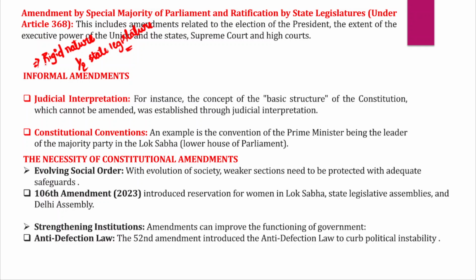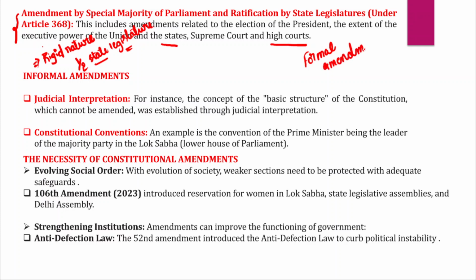So what are the provisions which require the special majority in the Parliament along with the consent of half of the state legislatures? That is the election of the president, the extent of the executive power of the union government and state government, and provisions with respect to the Supreme Court and High Court. So constitutional amendment on these different provisions or features requires the special majority along with consent of, or ratification by, half of the state legislatures. However, this is considered a formal amendment procedure